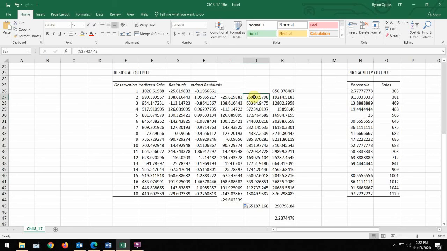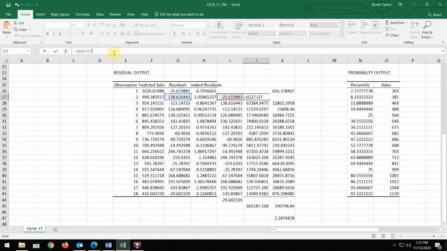Then for this particular column, we want to take our residual here minus our error, and square that. So this is equal to, I'm going to need a parenthesis, the residual minus the error,